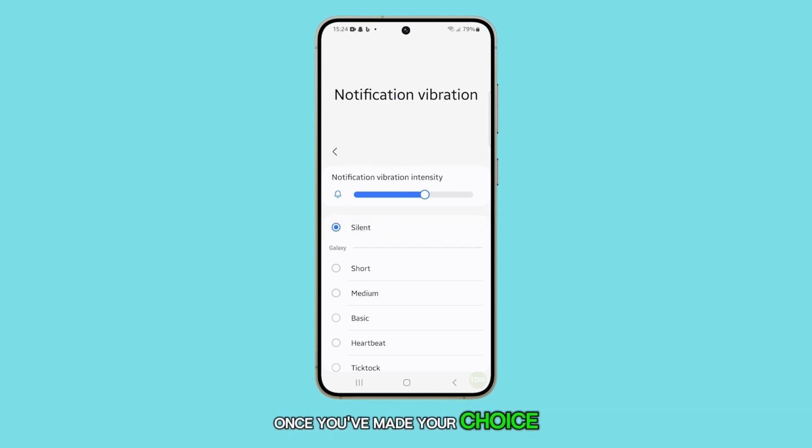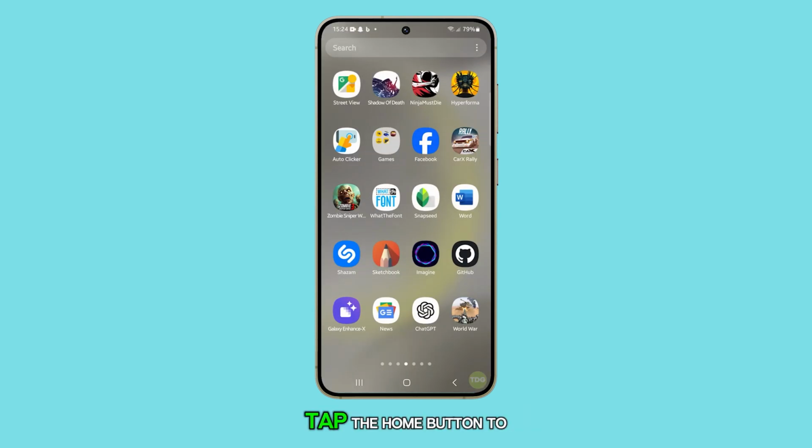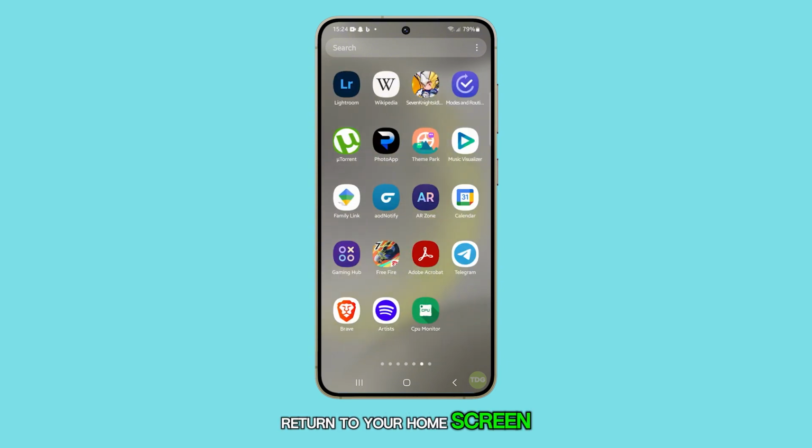Once you've made your choice, tap the back key to save your settings and return to the previous menu. Finally, tap the home button to return to your home screen. And that's it. Your Galaxy S24 is now set up with a custom notification vibration intensity and pattern that matches